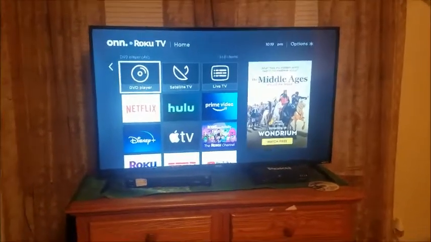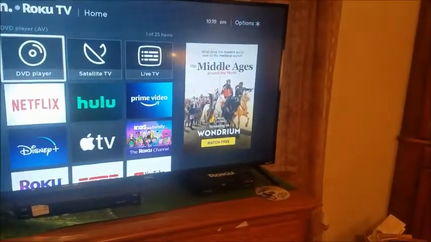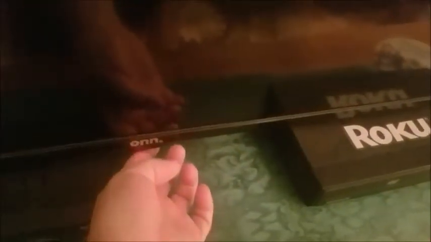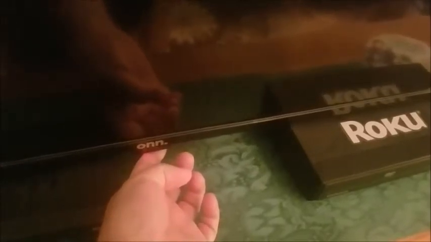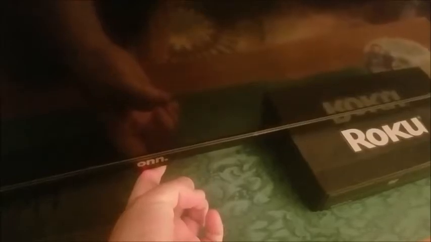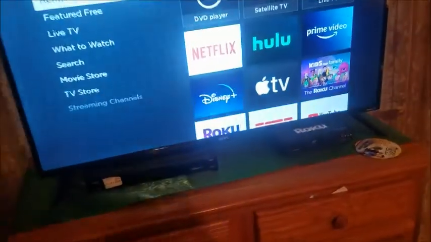One thing I want you to do is turn off the TV, and then unplug it from the wall so it's completely unplugged. Locate the power button, which on most ON TVs is right here. Hold down the power button for at least 10 to 15 seconds. Just keep holding it down. Let go, maybe wait another minute, plug it back in, turn it on, and then see if it will